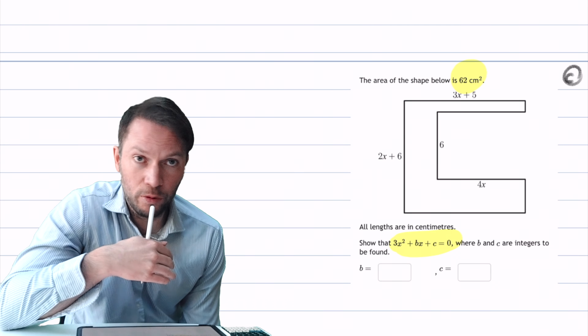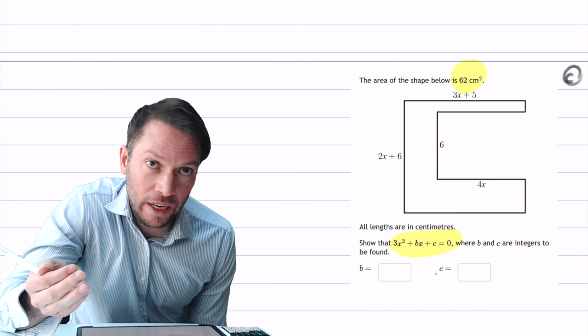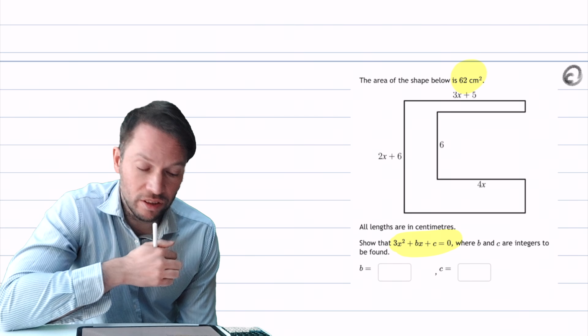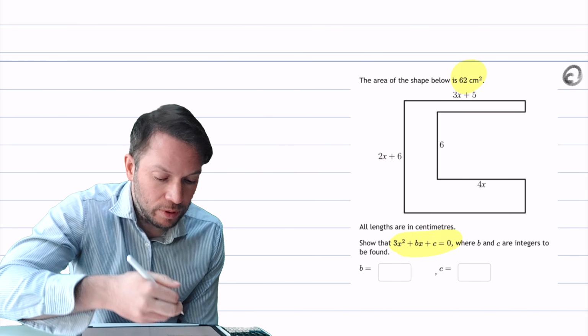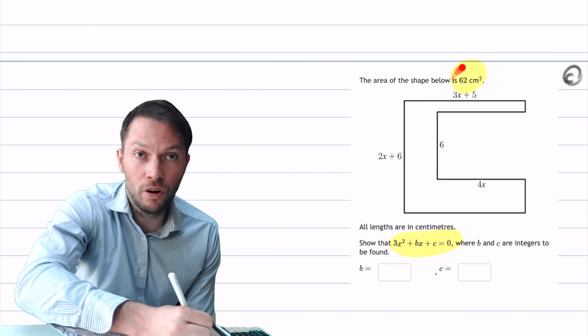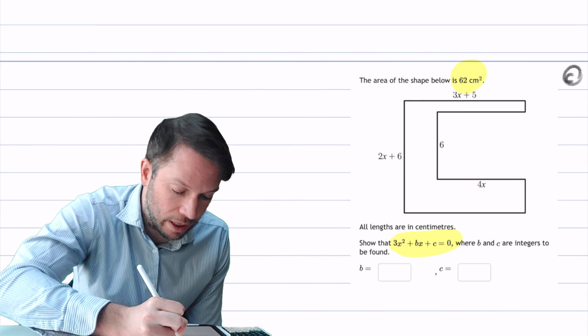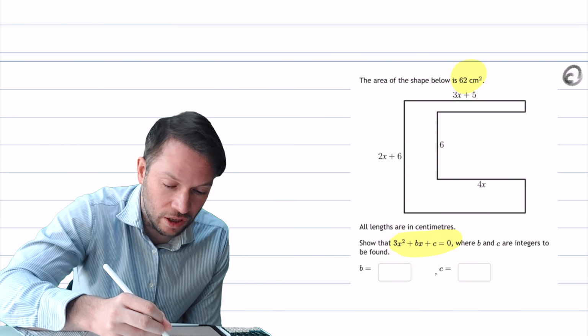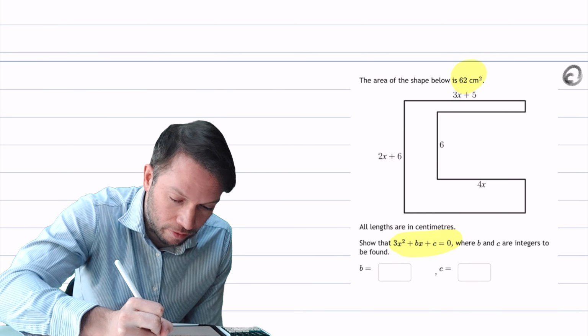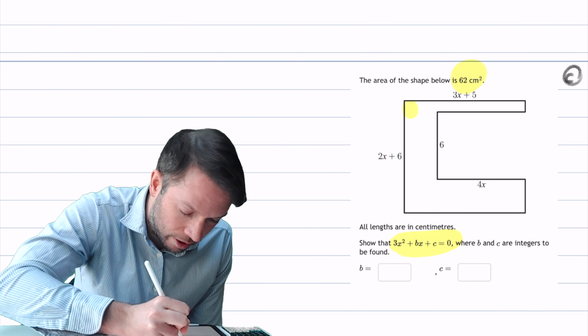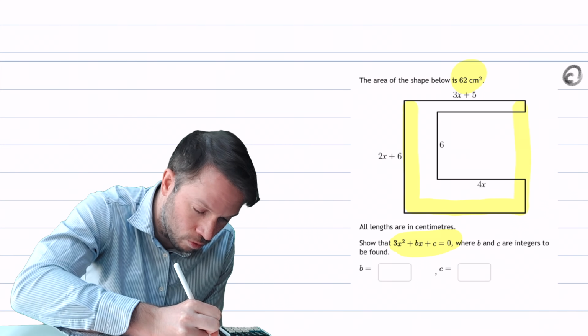And then a later part of the question might be, hence, find the value of x by solving the equation. But we're not going to do that here. Now, how would we usually find the area of a shape? Well, the easiest way of finding the area of the shape is to start with the area of the whole thing. So if I start with the area of this whole rectangle here,